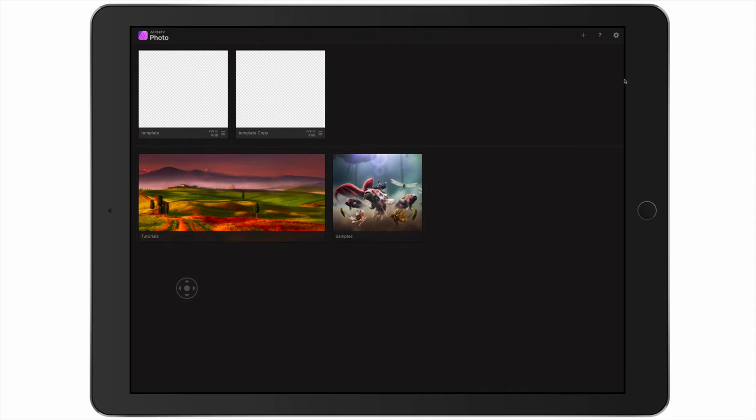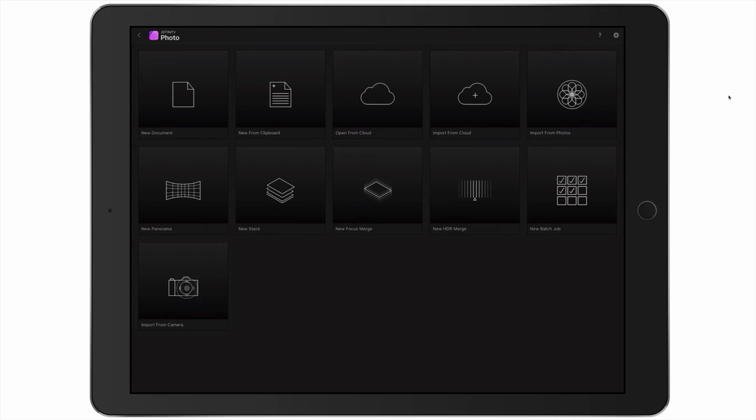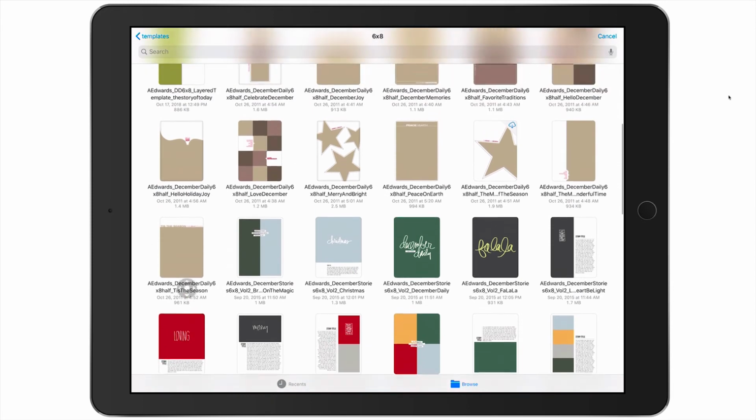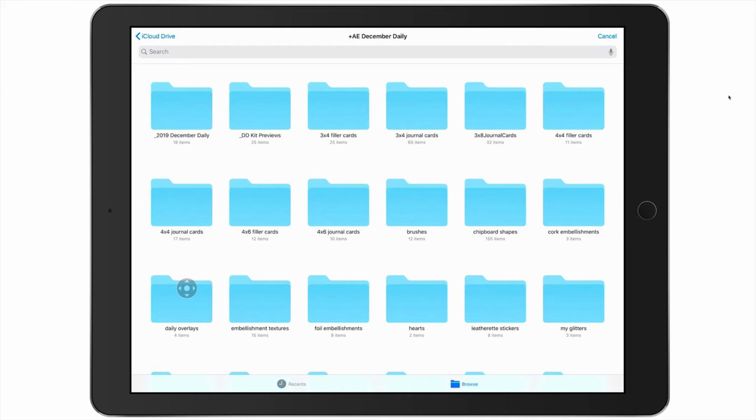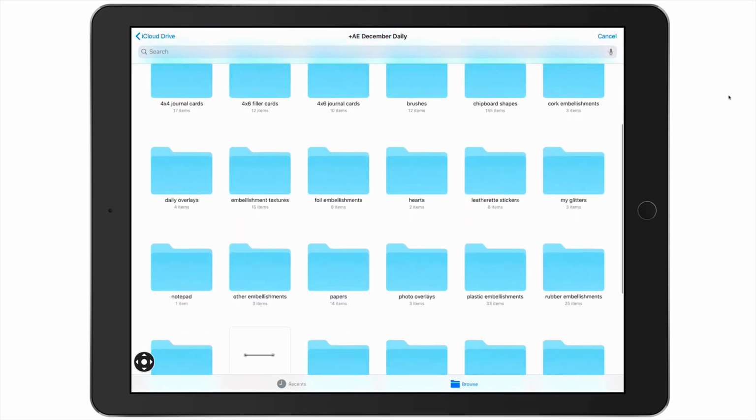What I'm going to do is I'll come back up here to this plus sign and I'm going to open up one of Allie's templates that I have in my iCloud Drive by selecting this open from cloud. Okay. And let me just back out of here so you can see all of these different folders that I have that are related to December daily. Right here, this folder holds this year's collection, all of the different digital products that I purchased from this year's collection. And then all of these other folders here